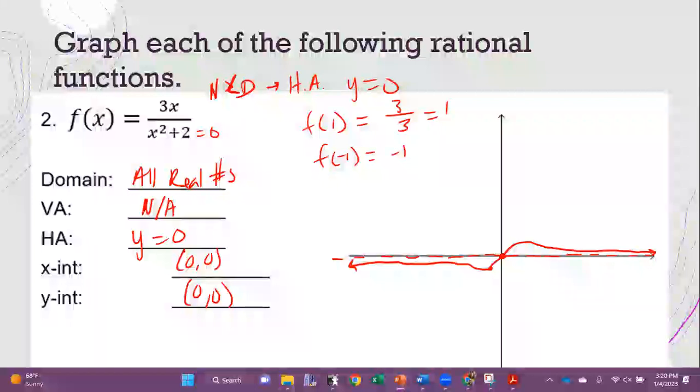So compared to our first one, this one's way easier. I did the first one a little harder so that we can go through all the